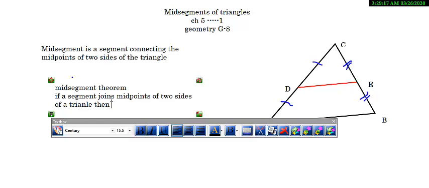What is the conclusion? Then the segment will